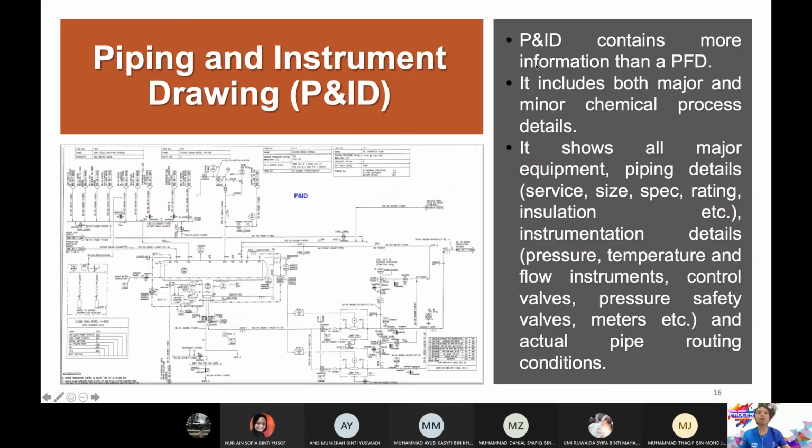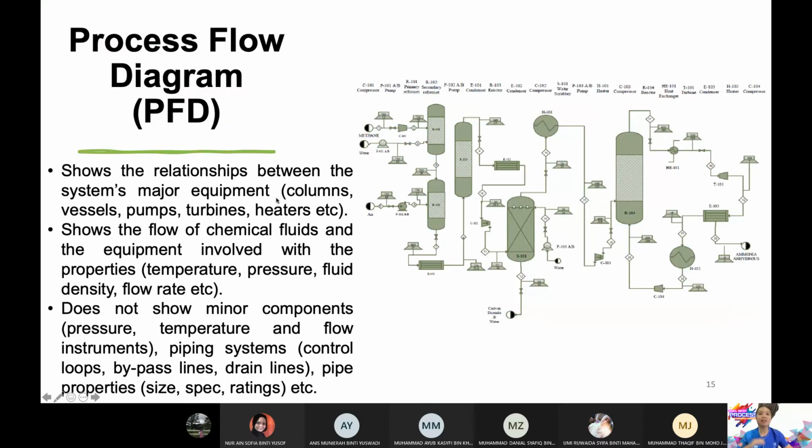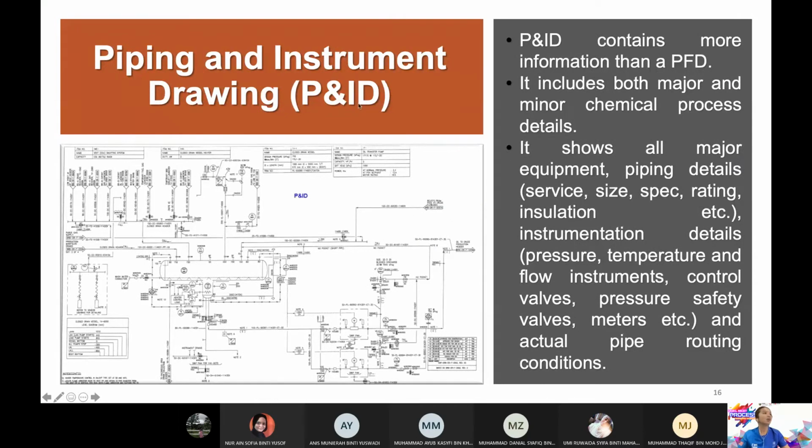Okay, next one. Part design project 2, kamu kena buat yang ni, PNID. Nasib baiklah saya tak ajar design project 2. Saya kesian Dr. Syahira sebab susah sebenarnya PNID ni. So this is what you do in design project 2. Okay, tapi Dr. Syahira is a very good lecturer. I'm sure that she can teach you until you finally get PNID. I will teach you to get the process flow diagram. Yang tu saya akan ajar. Sampai dapat process flow diagram is my responsibility to teach. PNID is Dr. Syahira. So you can see, kamu banding pun kamu boleh tengok kan how complex PNID in comparison